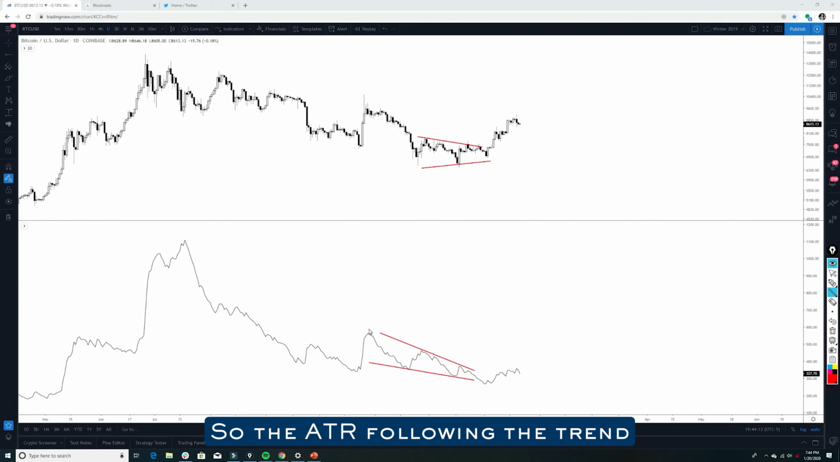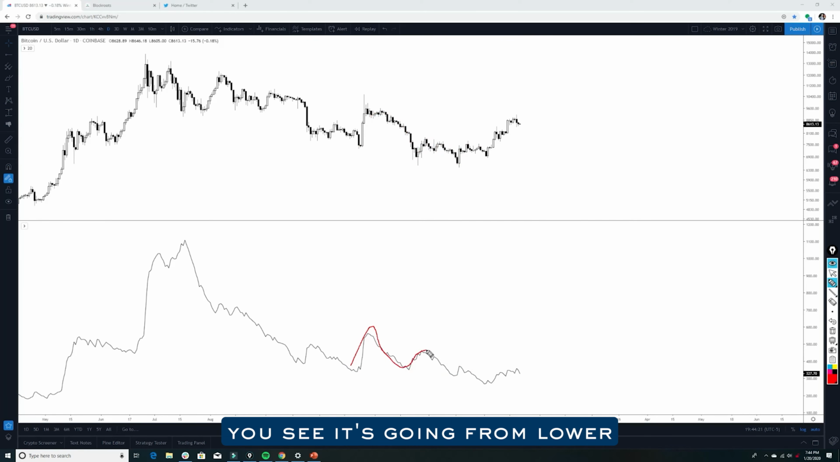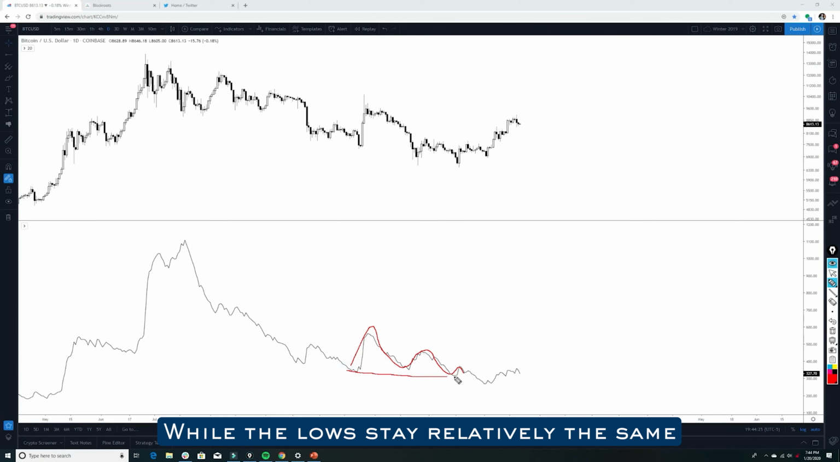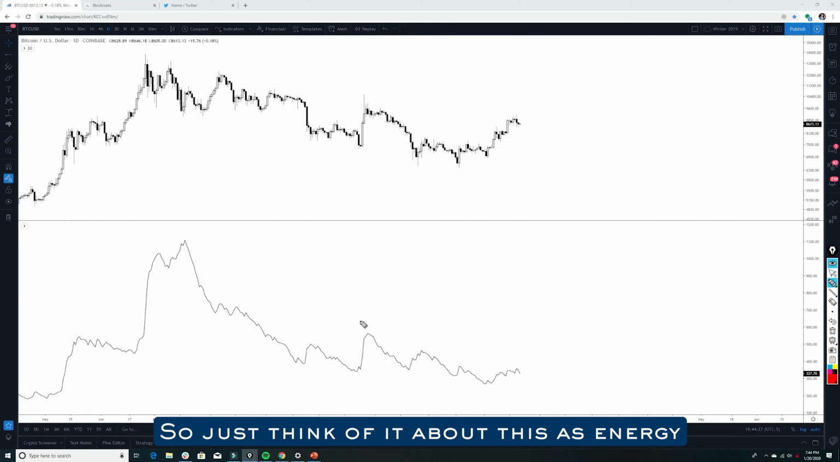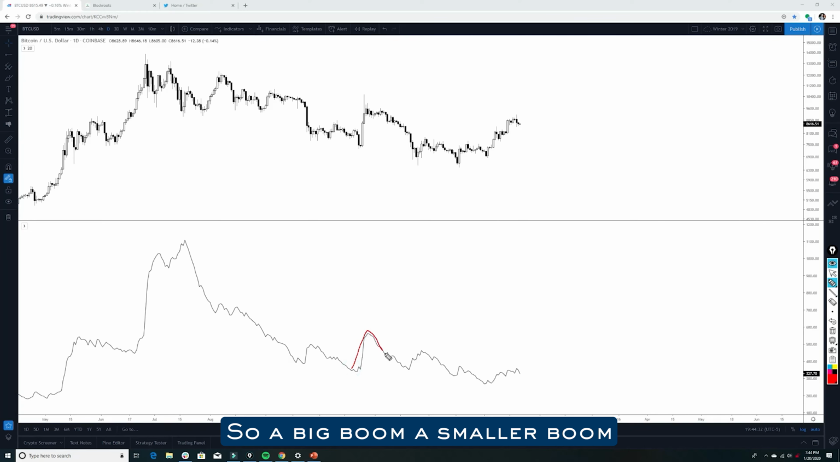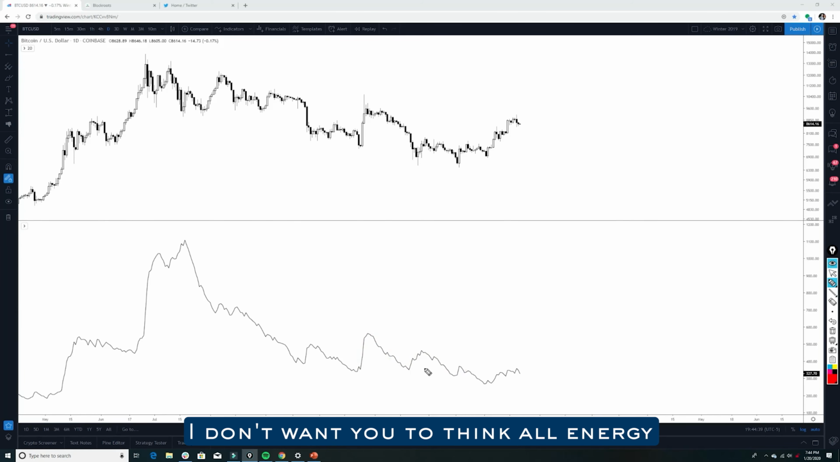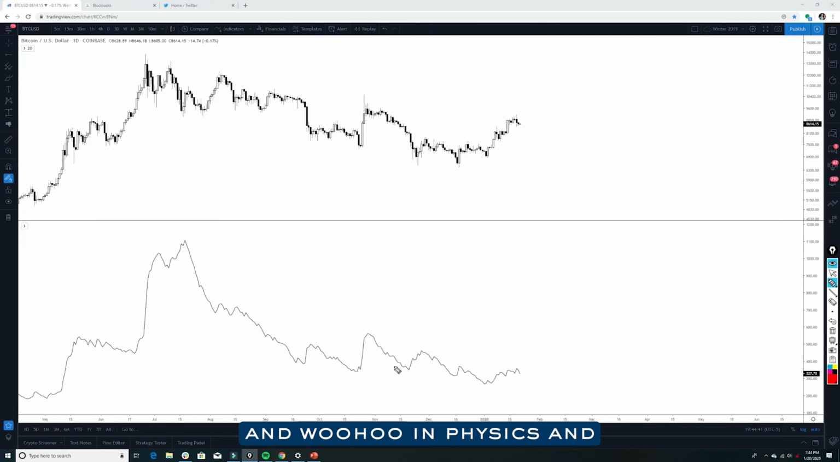All right, so the ATR following the trend, a large move here, okay, with each of this, see it's going from lower high, lower high, lower high, okay, while the lows stay relatively the same. So just think a bit about this as energy tapering off. So a big boom, a smaller boom, and then an even smaller boom, sort of like ripples. All right, so I don't want you to think all energy and woo-woo and physics and metaphysical by any means, but